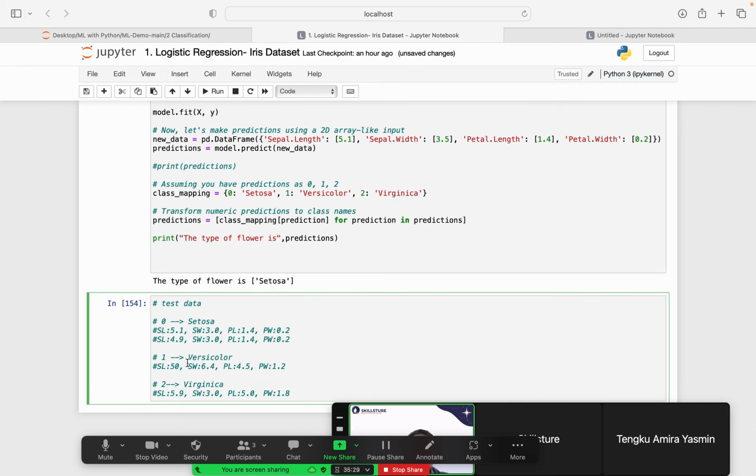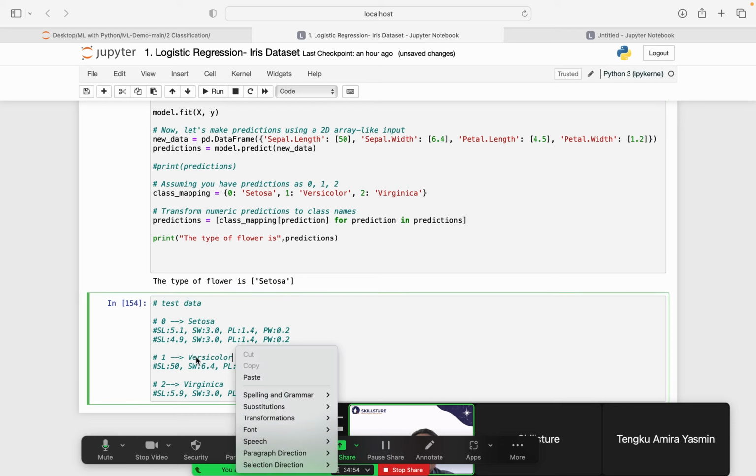Based on the data set, if the sepal length is 5.0, and then the sepal width is 6.4, and then the petal length should be 4.5, and then the petal width should be 1.2. Based on the data set, it should be the versicolor